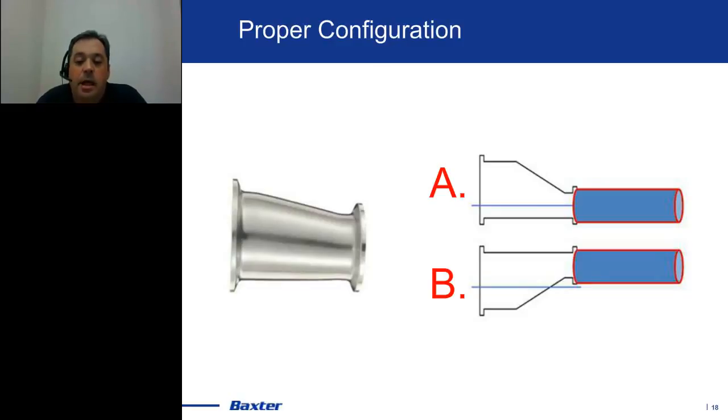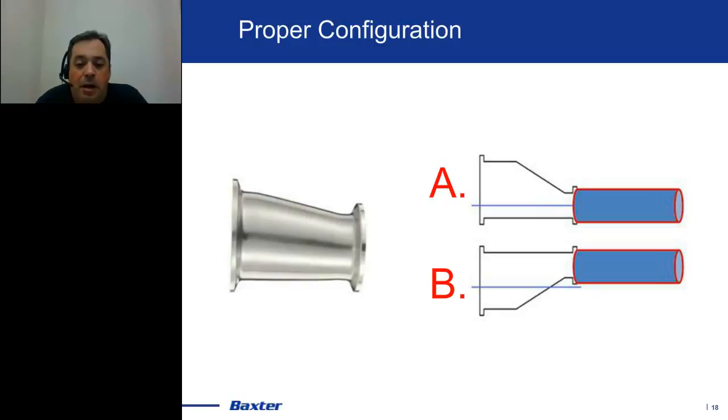A is actually a pretty good design. If you're looking at it with flow going from left to right, and you're trying to drain this configuration, you can see that you can actually drain it without holdup, whereas with B, if you're trying to drain that, you could see that there might be holdup, which might create a potential risk for microorganisms. I have to tell you, actually, this was a trick question.